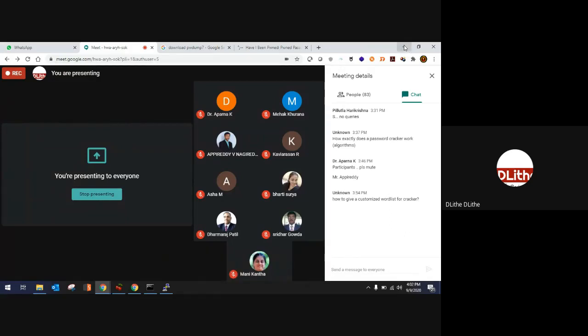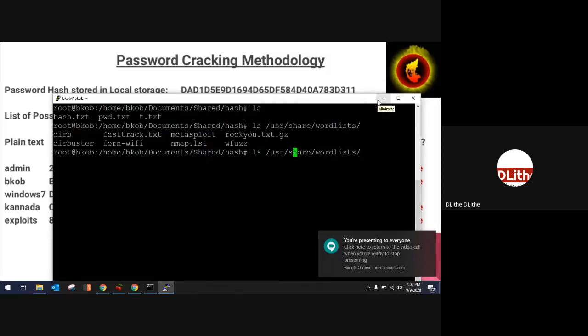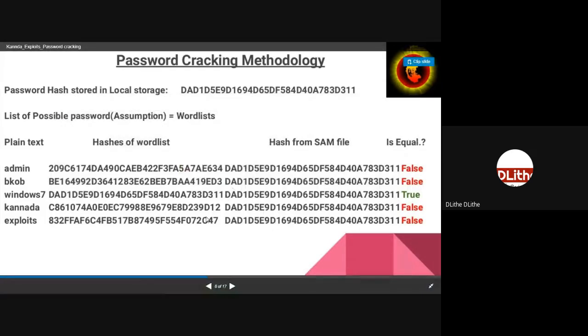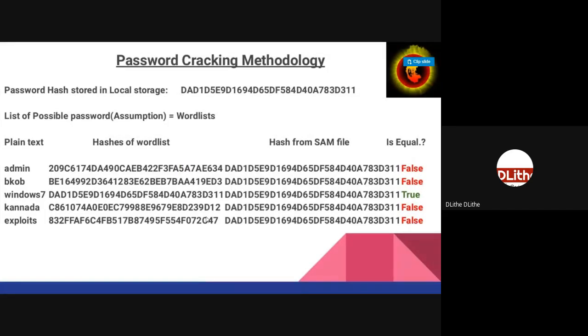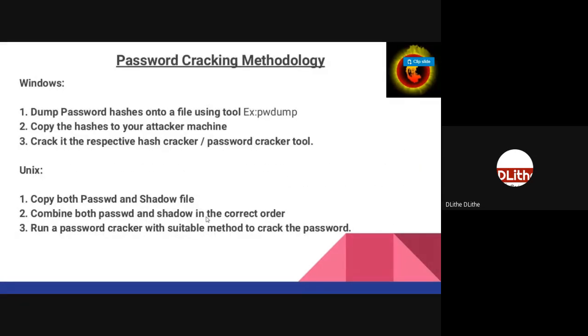Yeah, let's go forward. I'll resume with the Windows password cracking as soon as the issues with my system get resolved. Meanwhile, let me discuss Linux-based password cracking. The only difference between Linux-based and Windows password cracking is that in Windows your password is stored as it is, but in Linux it comes across a couple of other parameters. Hence, in order to crack a Linux password, you will have to perform a few more steps.